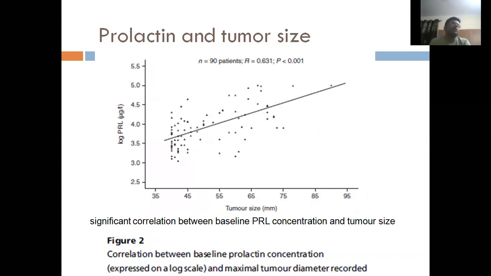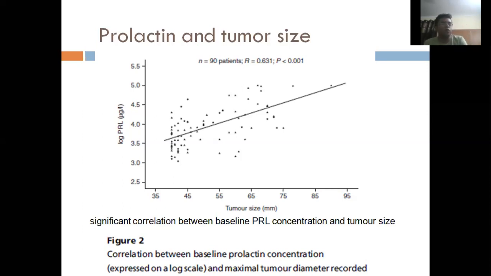So if they become pregnant, what we do is we stop the drug. The reason for the same is that the chances of the tumor growing in pregnancy are actually very low. So we stop the drug, and we monitor the patient clinically. We look for headaches. We do a visual charting to see if they are having any increase in size. If there are any markers clinically that the tumor is increasing in size, then we do an MRI to see if the size is increased. But generally, that almost never occurs in a microprolactinoma.